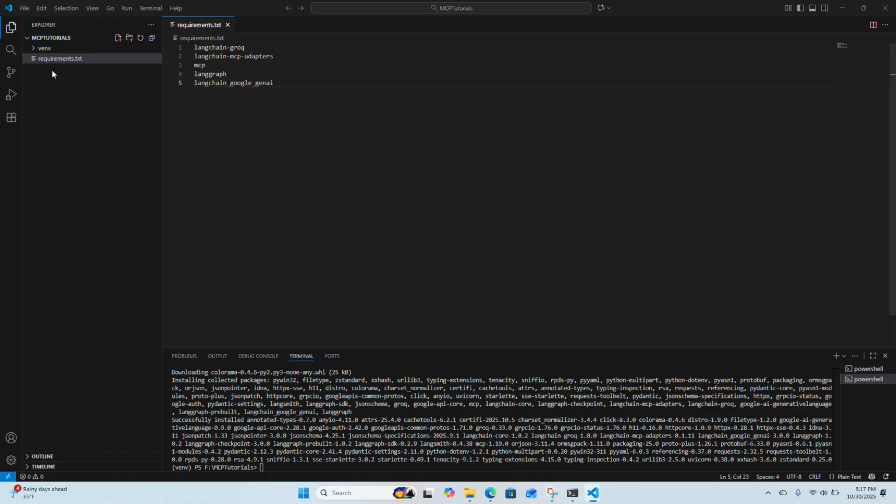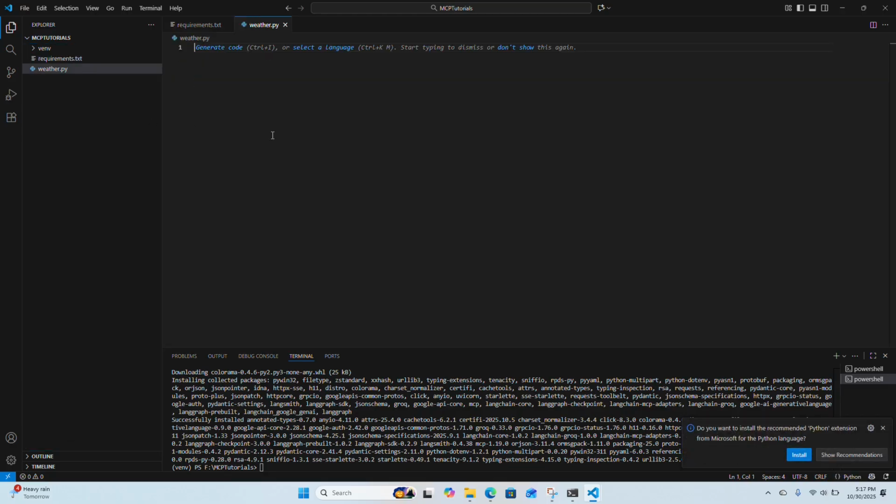First of all, I've created a virtual environment in my project folder, and then I have created a requirements.txt file, and then I've added the following requirements here. Now what I'm going to do is create a weather.py file, which will be one of our MCP servers here. So weather.py, let me write down the code. So from mcp.server.fastmcp import